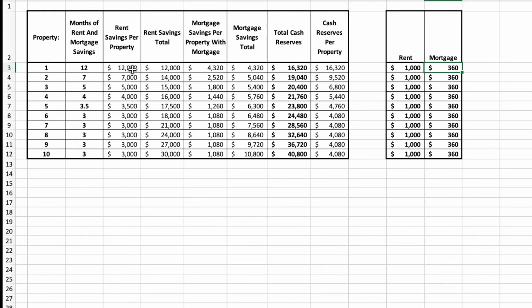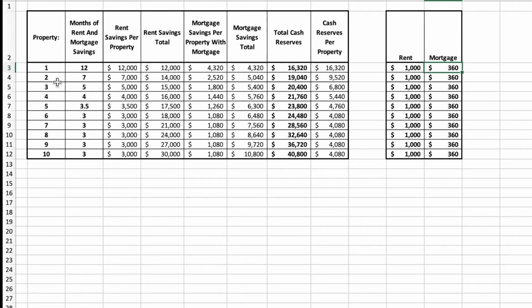So in terms of the rent savings, that's equivalent to $12,000, or 12 times $1,000 per month. And because I have only one property, the total rent savings is $12,000. In terms of the mortgage payments, it's equivalent to $360 per month times 12 months, and that's equivalent to $4,320. Again, we only have one property, and so the total mortgage savings is $4,320. When I add the mortgage savings and the rent savings, I come up with the total cash reserves that I would feel comfortable with of